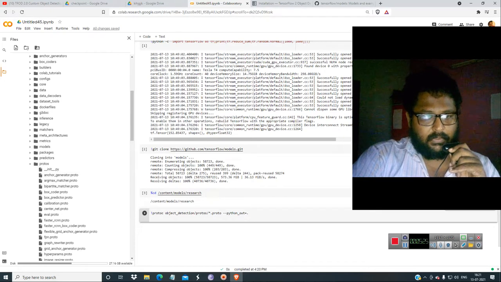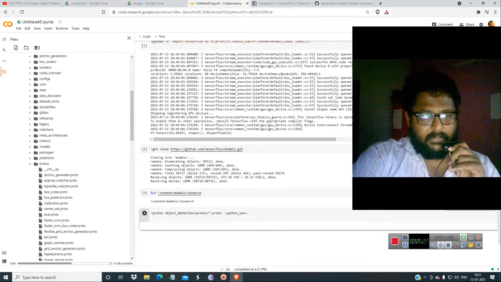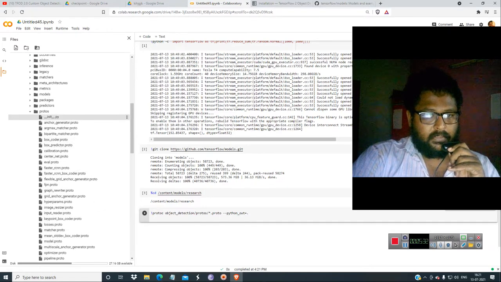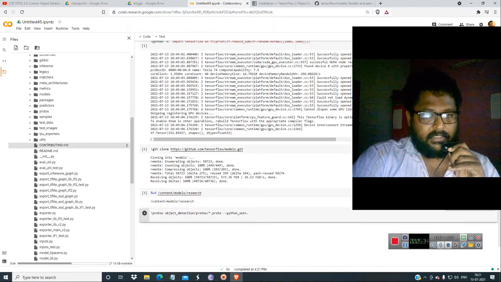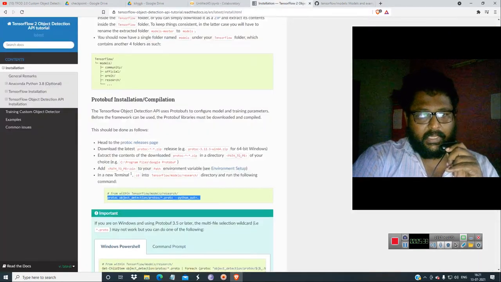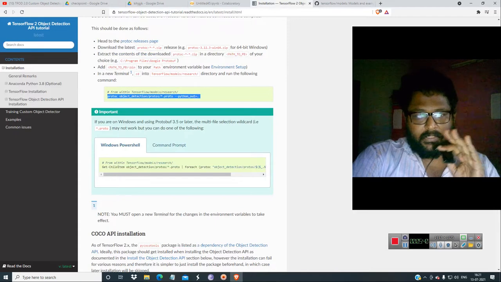After I compile this, you can see they are automatically generated. Now there is no pb2.py, and when I refresh it, you can see pb2.py is generated. This is how you make executables, because it links Python with C.